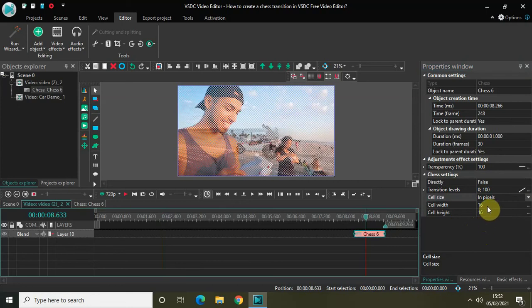So if the values inside cell width and the cell height are less, more number of pixels will be visible on the screen. And if the values inside cell width and the cell height are more, less number of pixels will be visible on the screen. So as you can see, currently the cell width and the cell height contain the value 16, which is pretty less, and so therefore you see so many pixels on the screen. So if I just decrease the values further to 8, which is the minimum value,